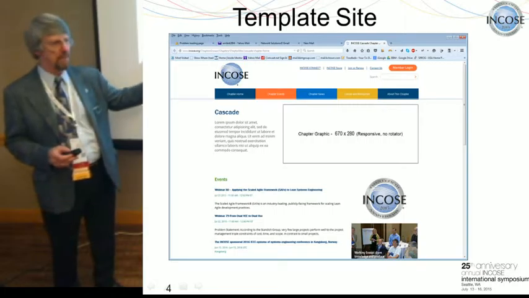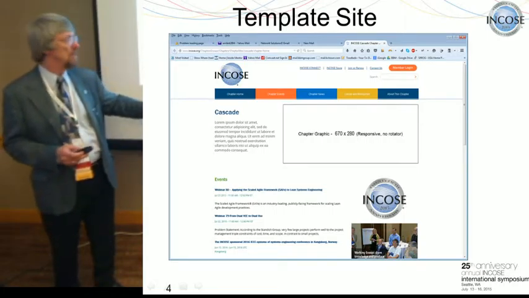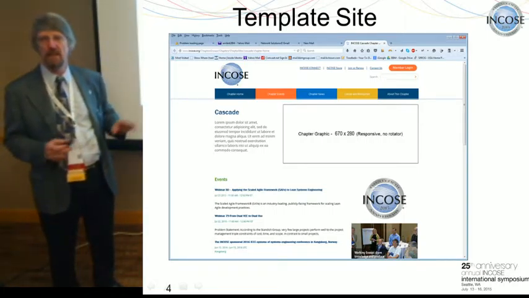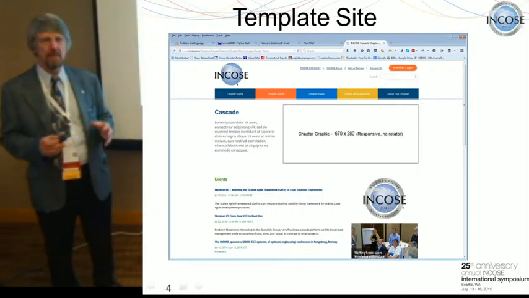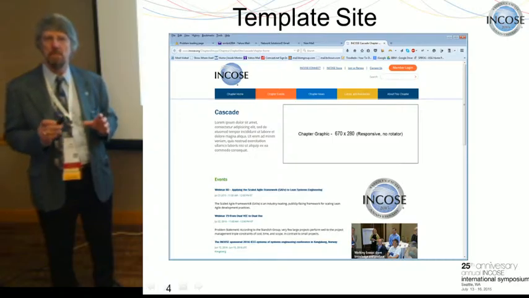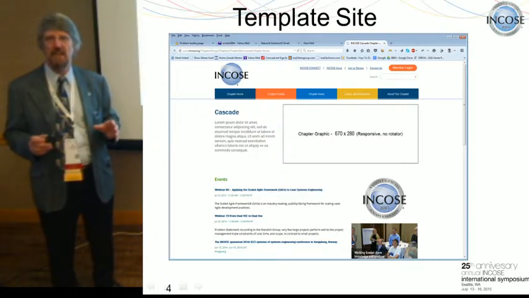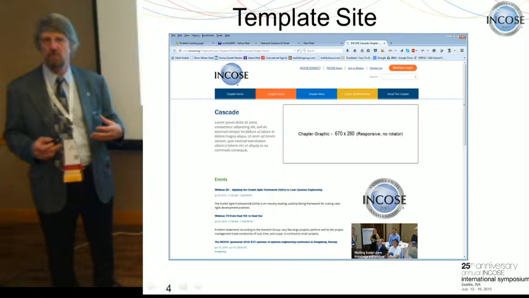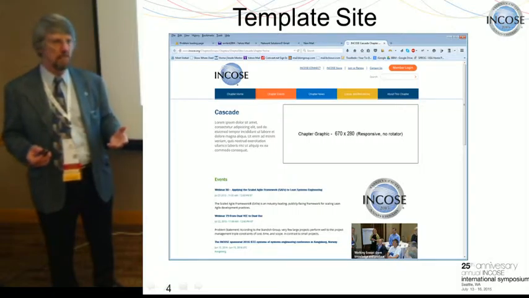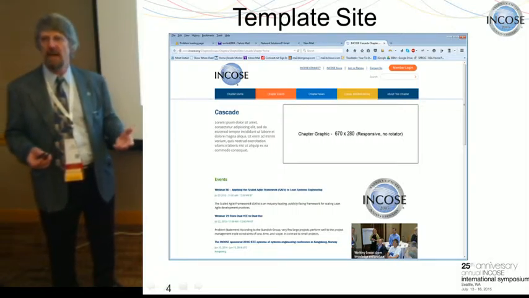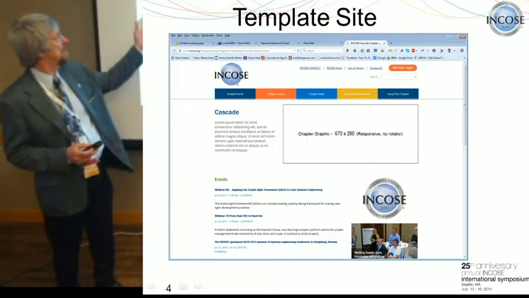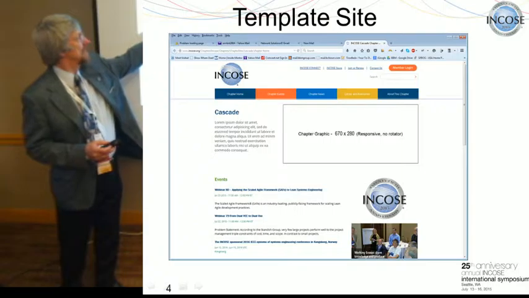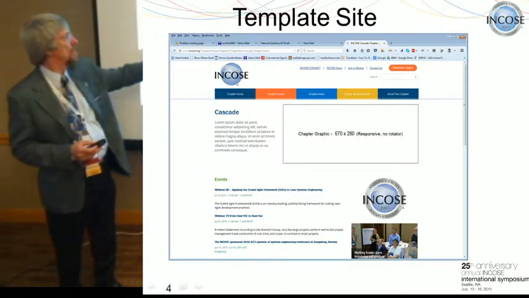And we'd like to keep some of those standard bits of the template in place, but there's plenty of it you can change and customize to add your own chapter nature and information. But I'm going to start out with doing basically the minimum you would need to do to put in place a realistic website that shows that your chapter exists, that entices people to come and be interested, and leads them on to how to find out more and how to become a member of your chapter. So we're going to replace the boilerplate text, we're going to replace the graphic,